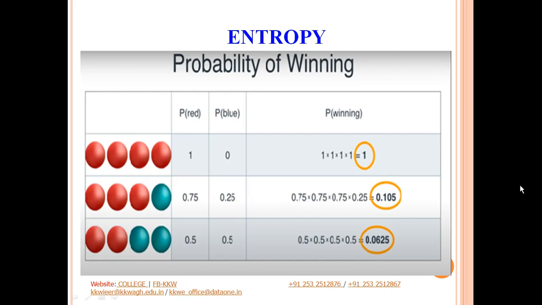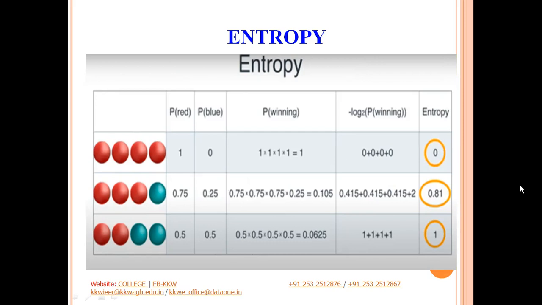So what we would probably be interested in is to convert these products into sums, and the best possible way to convert products into sums is using a log. If we are converting this into log, we are going to use minus log of the probability of winning. Now why minus: because we are dealing with numbers between 0 and 1, the answer is definitely going to be negative. So to make it positive, we use minus logarithm.